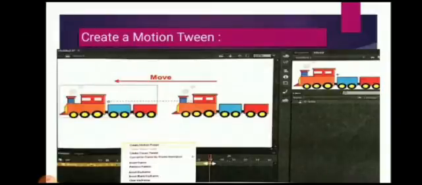Then a double headed arrow will appear here. Then drag the arrow to move the playhead up to frame 40. When you create a motion tween, it will display up to frame 24. You have to drag it up to frame 40. Done. Now a new keyframe will be created automatically at frame 40, meaning from frame 1 to frame 40 you have created.